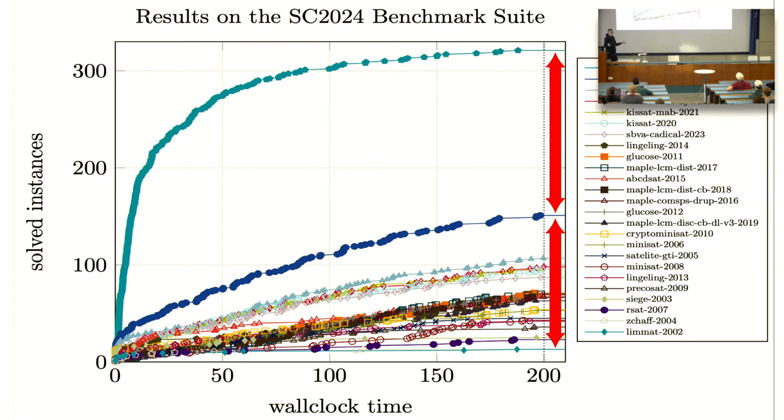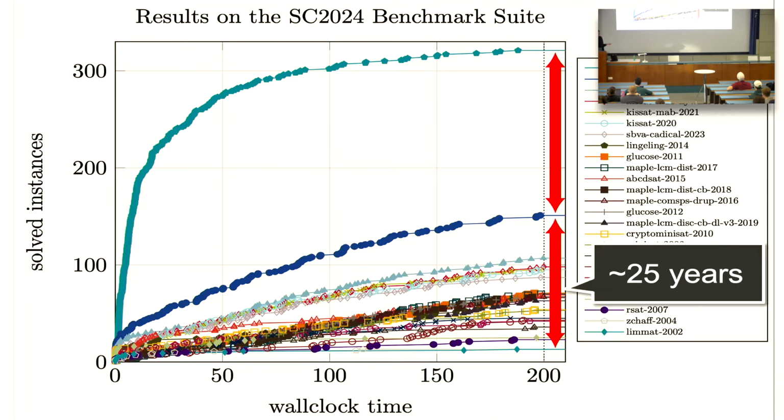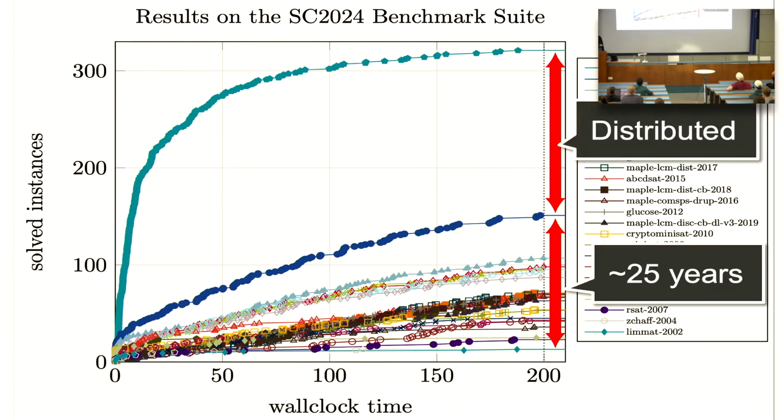We've run a bunch of SAT solvers against each other using the same benchmarks and the same hardware. What's happening in this graph is that the lower half is all of the winners of the international SAT competition for the past 25 years, competed against each other on the same hardware and the same benchmarks. And the top solver is actually a distributed solver called Mallob. By moving to a distributed approach, you have many different instances of the solvers running on the same problem, and they are sharing lemmas between each other.